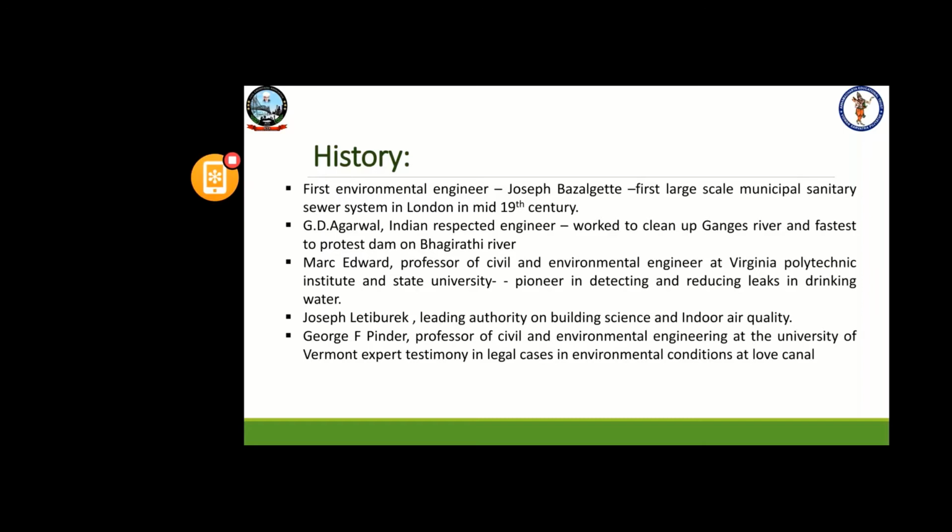Then afterwards, Joseph Ledbeck as well as George Pinder, from the same discipline, were the experts who took up the legal cases on environmental conditions at Love Canal. We know the tragedy which happened in Love Canal. So most of the cases in the 19th and 20th century were